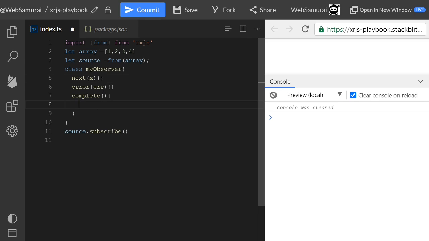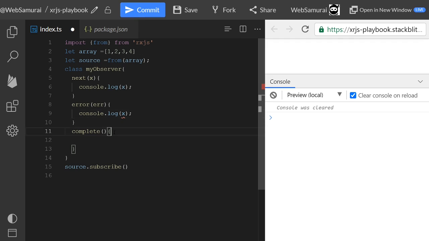We will just log the values to the console: console.log to emit the value, the same for error, and here we will show the message that the observable is completed.